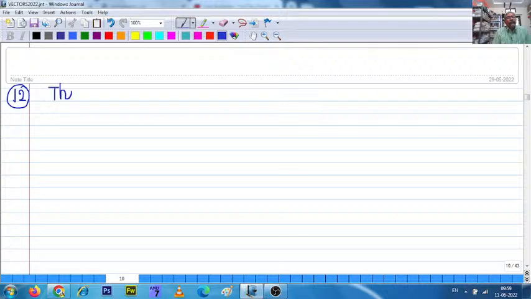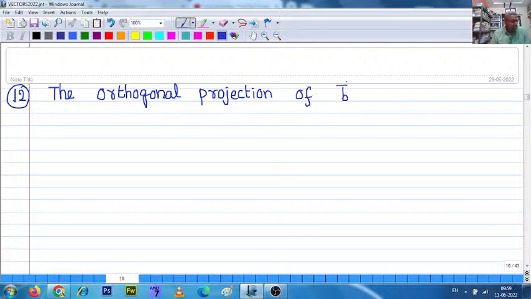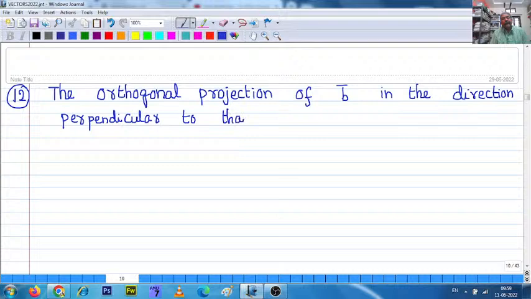Now the orthogonal projection of B bar in the direction perpendicular to that of A bar equals to